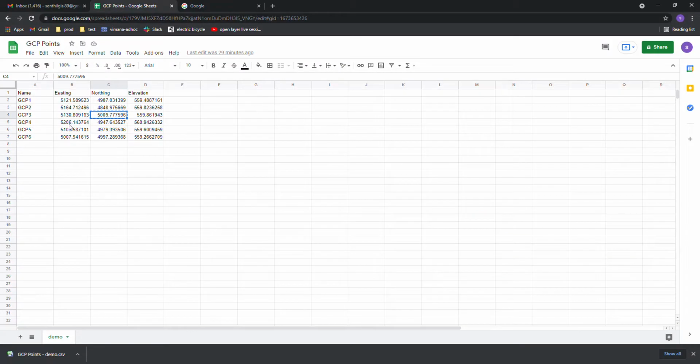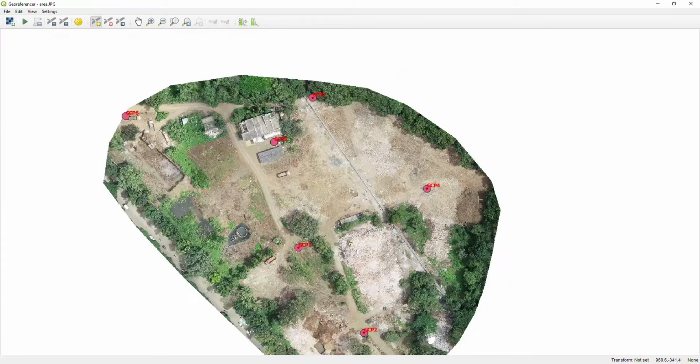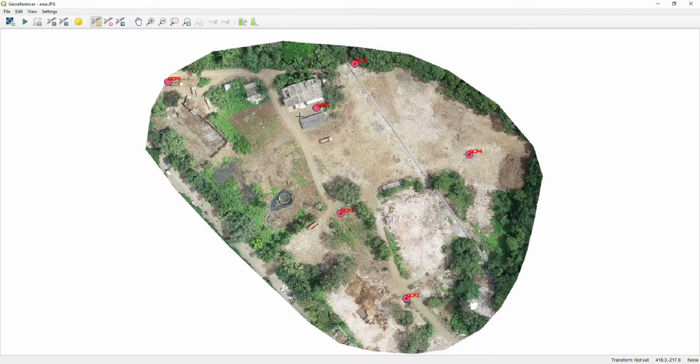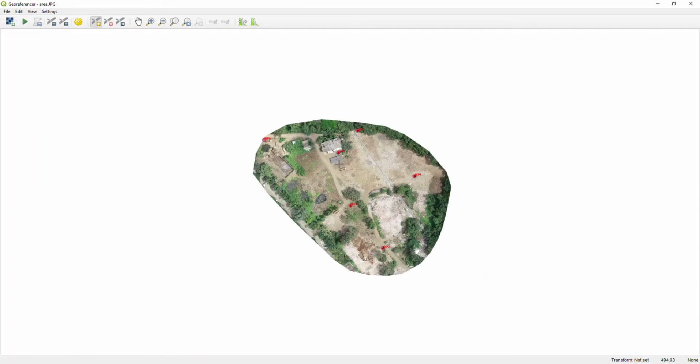Find out the control point 4. The next is control point 5. Here copy and paste is better instead of entering the values.